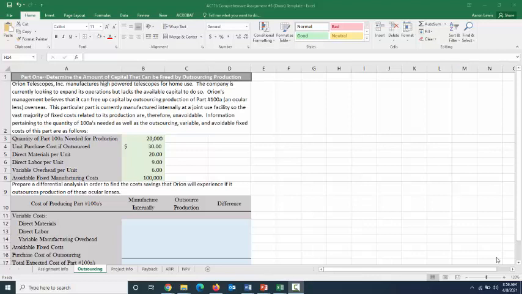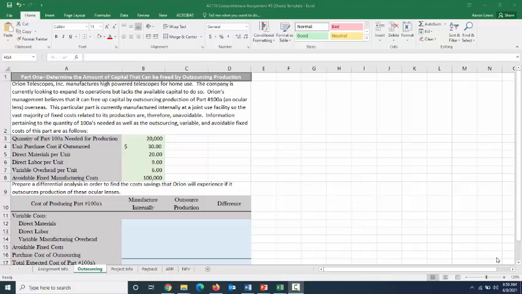However, a small portion of those fixed costs are avoidable. So Orion believes that by outsourcing production of 100A, they can get out of some kind of cost. Maybe they lay off a salaried foreman that oversaw the production of ocular lenses. I don't know what it is, but there's a small portion of those fixed costs which we can get out of if we outsource. So we need to make an informed decision about how much money we expect to save